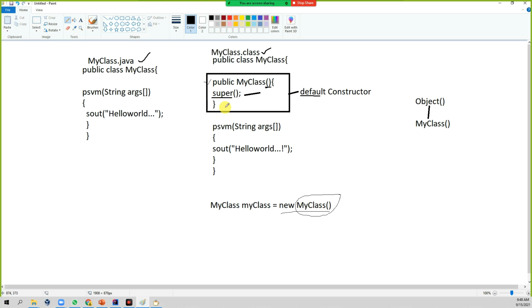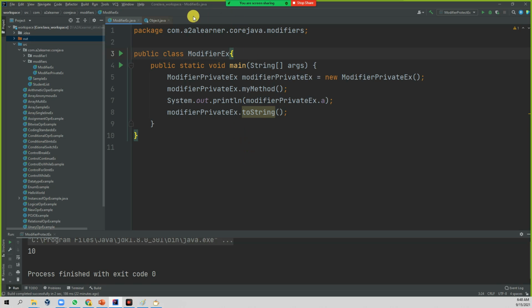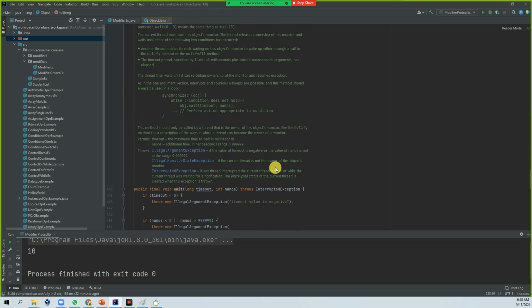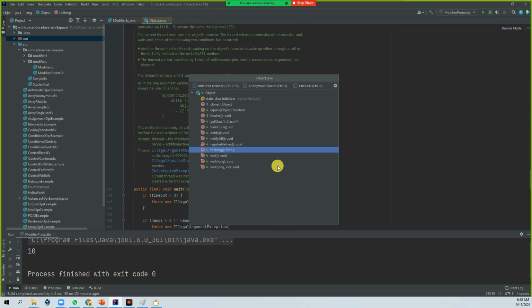When you write this line of code, what will happen? First this line is executed, then it gets into that, and it will have super(). So the Object class constructor is going to be invoked. But what kind of constructor do I need to invoke from my parent? Here it will invoke the Object default constructor. So if you see Object here, internally it should have a constructor. Let me check that. These are all Object related predefined methods.